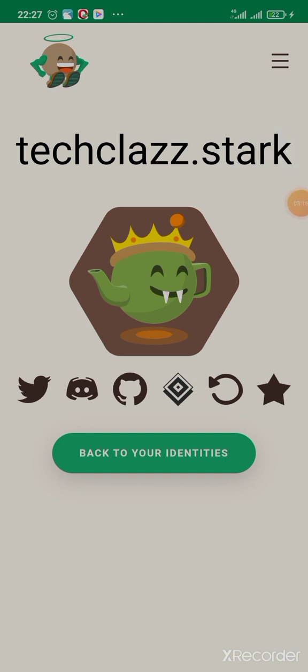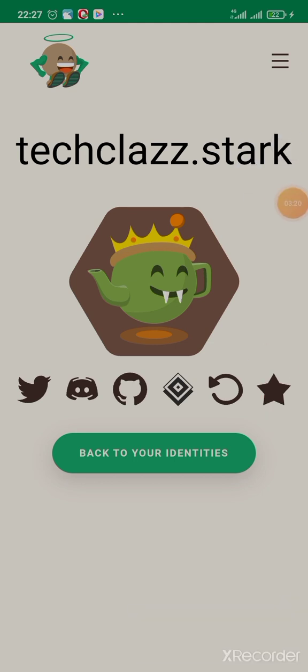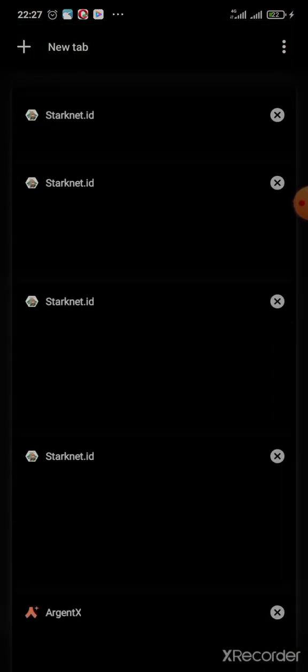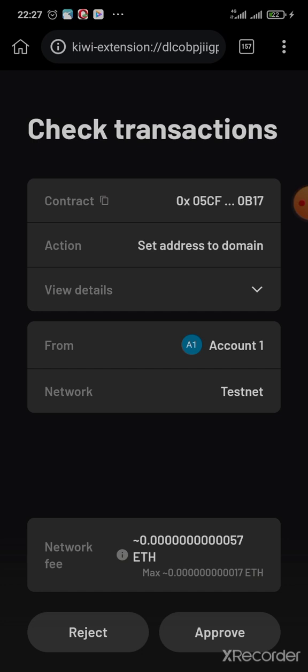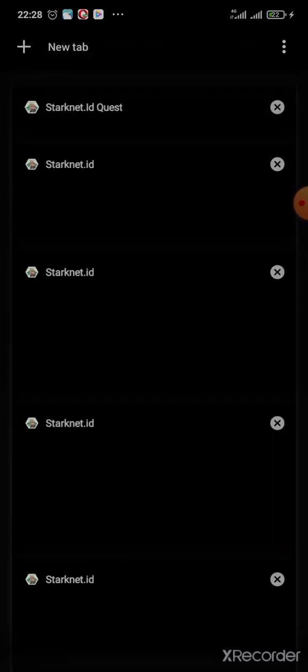Whenever you select this one, you just need to click on this star. So when you click on this star, just go back to your wallet and then approve this transaction. I have mistakenly clicked on something. So whenever you click on that star, then approve the transaction, you just need to wait for it to